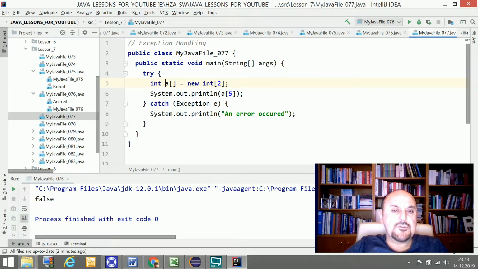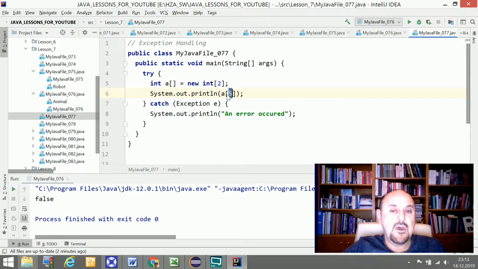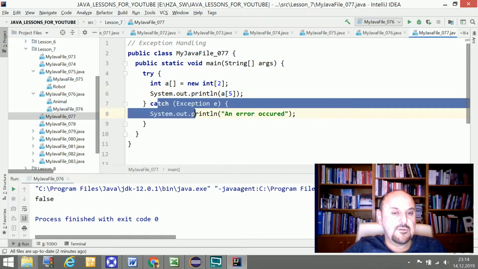Integer a is going to be an instance of integer 2. That means it will have at least two memory locations, however not necessarily assigned any value. And I would like to print out the memory element with index number 5. Actually, its length is not 5, so it's expected to give an exception error, in fact. This is the message